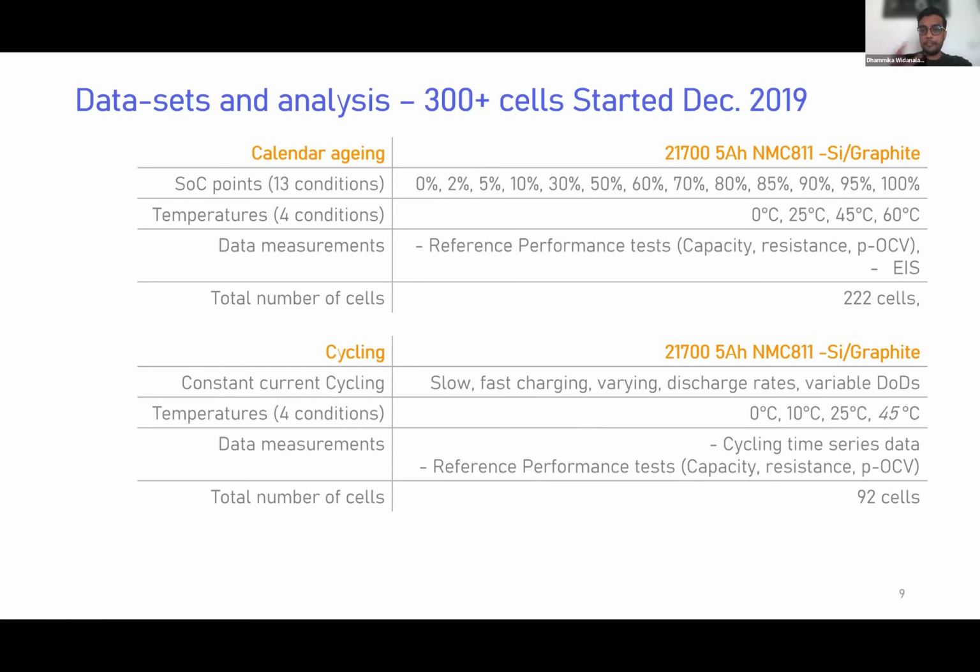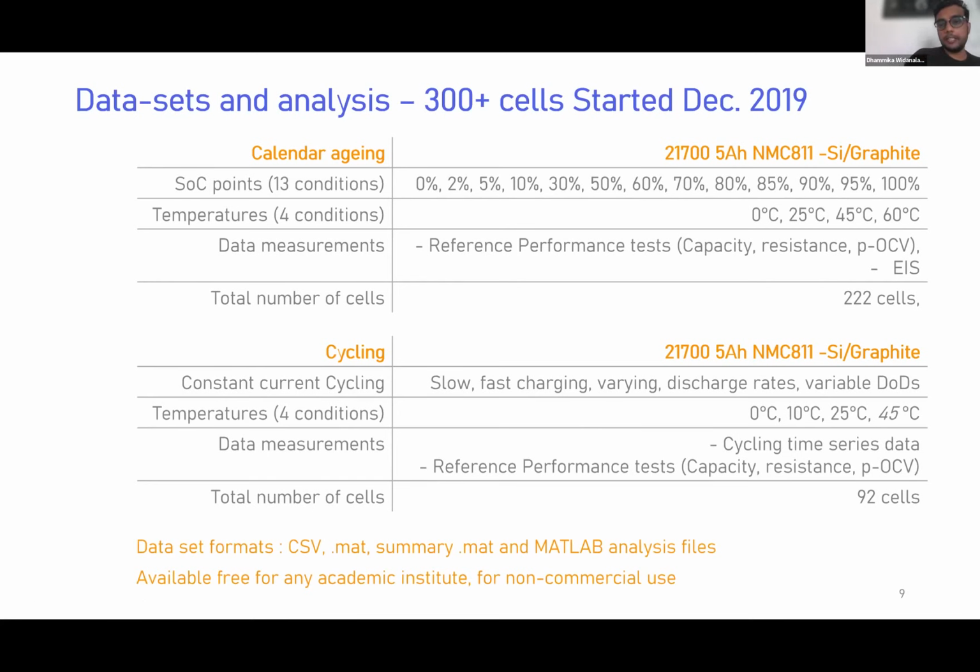It's a lot of effort when you're doing these long-term aging cells. If anyone's tried to do them, many things can go wrong. So you need to keep a close eye when these experiments do start, and that's something we've also learned and had to streamline and improve along the way. And we've got the data as CSV and MAT files. And also the nice thing is that if you're from an academic institute, all this data is available.